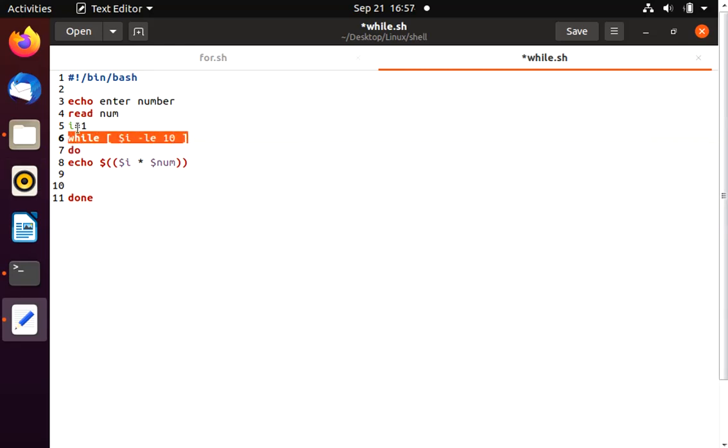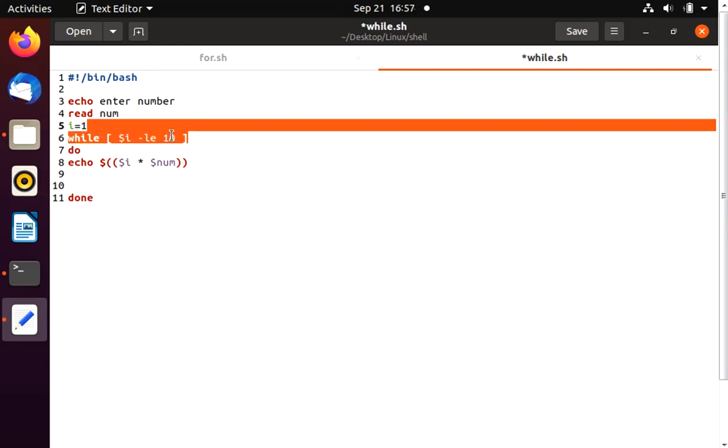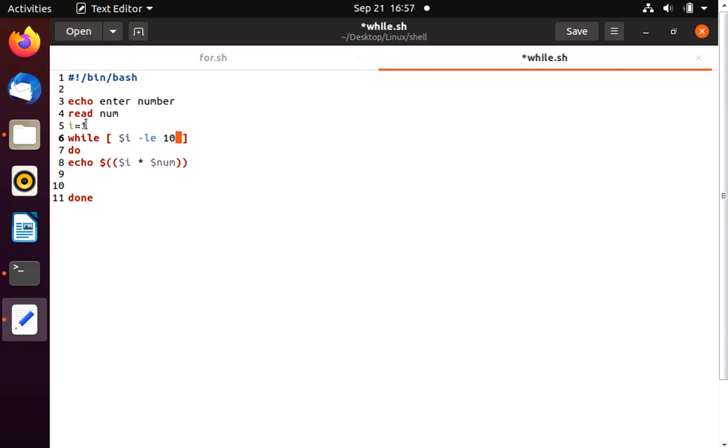Because if we do not increment the I value, I is always 1, and every time it is less than or equal to 10, which means this condition will always be true, and this while loop will never exit. So we need to increment the value.